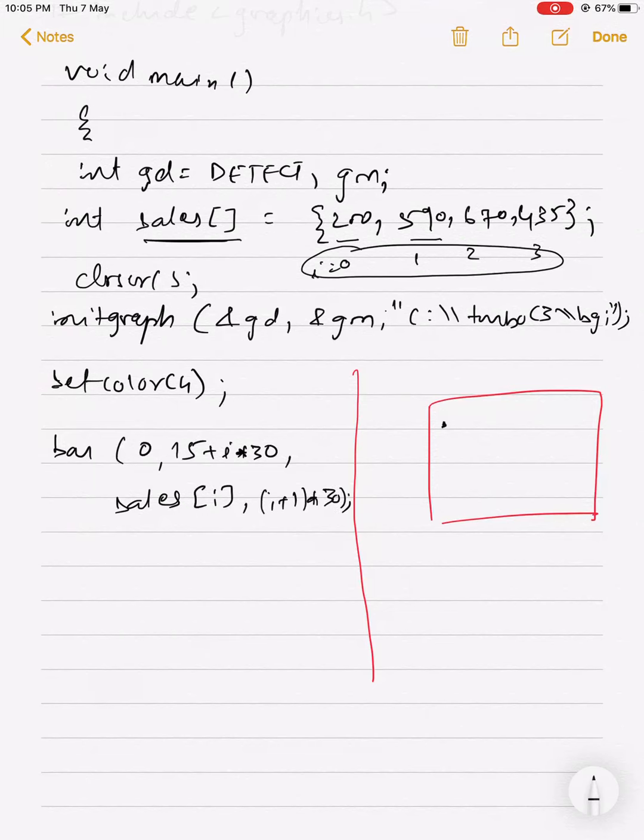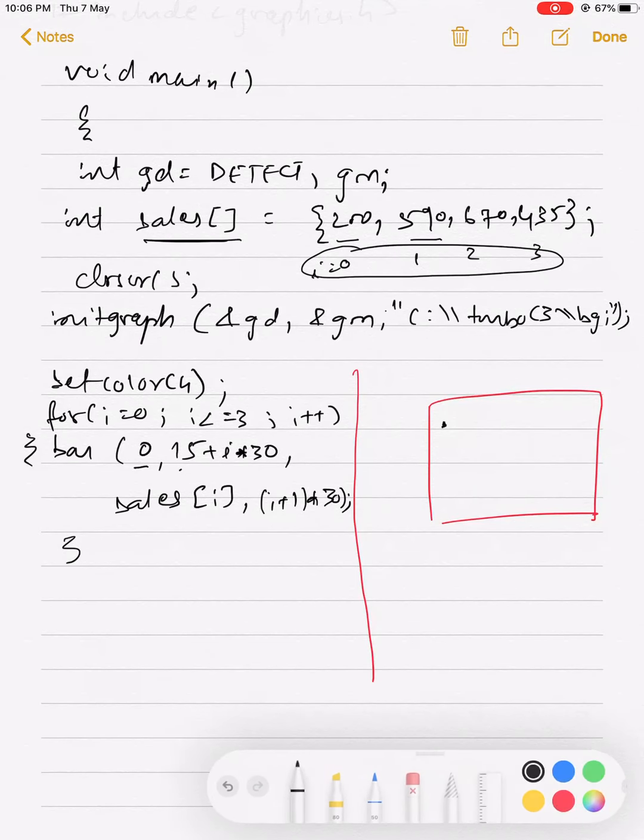Now observe this point. First point will be 0, second point is 15. This is inside a loop, this is happening. Observe what is happening over here. Now what does this mean?